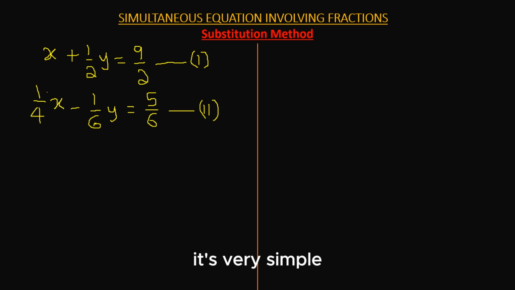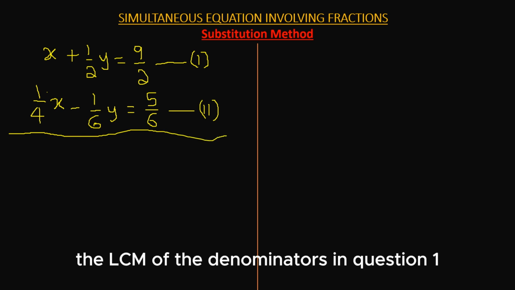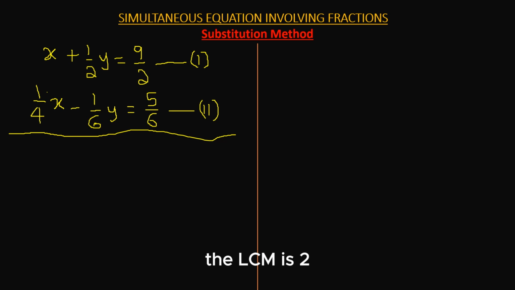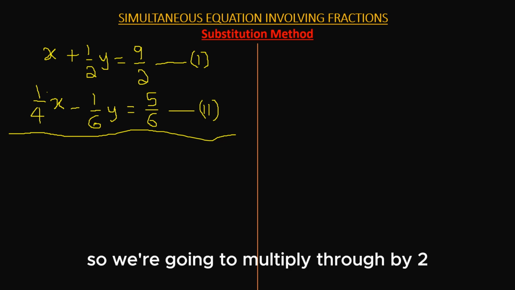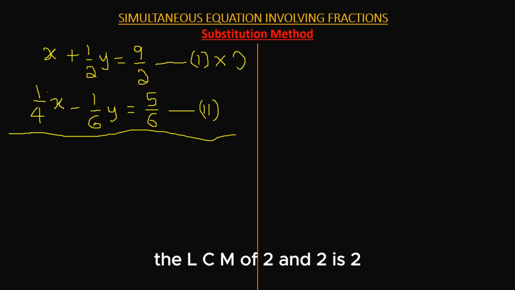So how do we solve this question? It is very simple. First of all, we find the LCM of the denominators. In equation 1, the LCM is 2. So we're going to multiply the entire equation 1 by the LCM. The LCM of 2 and 2 is 2. So this will give us